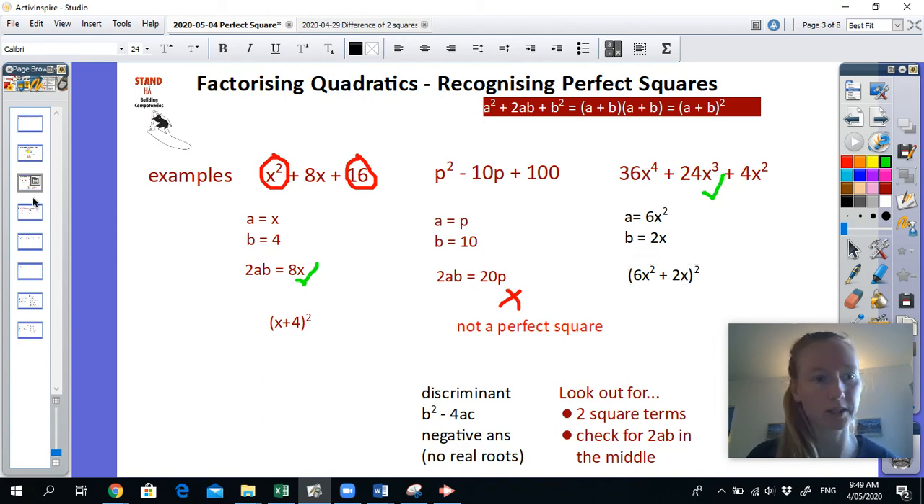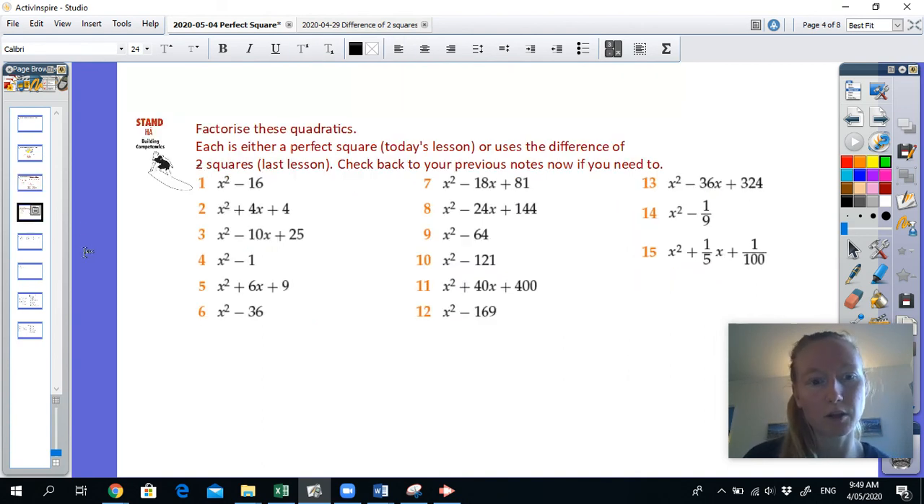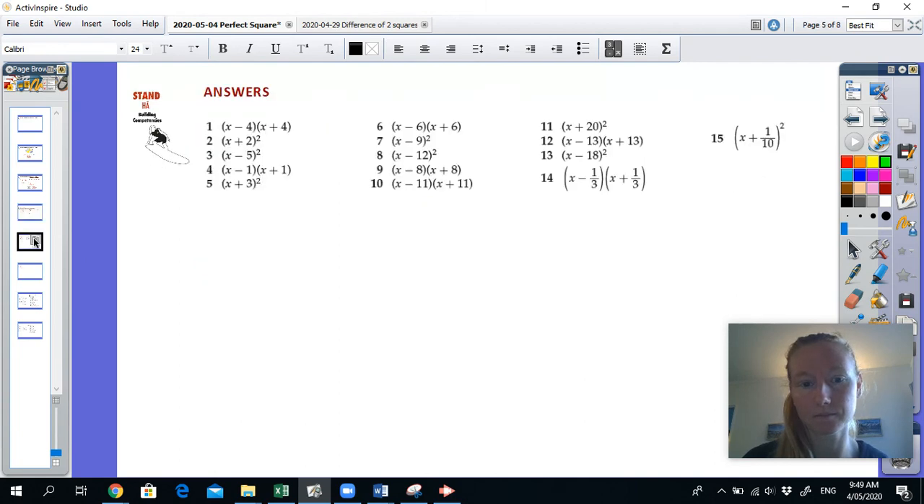All squared. Okay. So quickly before it runs out of time, a few for you to have a go at there, please. They are a mixture, so look carefully. Difference of two squares and perfect square. And your answers